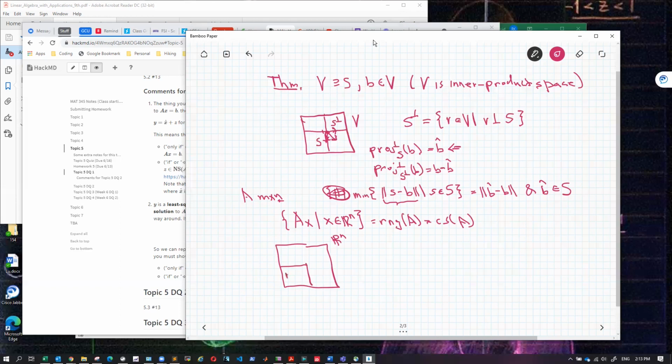So I guess the book just abbreviates it RA, right? So the range of A is right there, right? And our B, we think of our B as sort of sitting out here, right? And we're trying to find the point in the range of A as close as we can to B. So what does that mean? We're trying to find the X such that ||AX - B||,